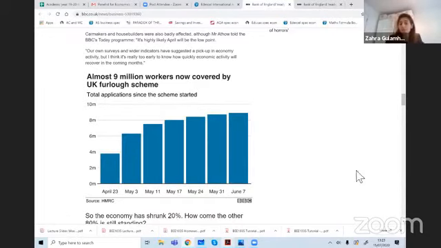For those of you who have been following up on this, you must have heard from your friends and family how the government has started the furlough scheme, where they are providing income to workers whose businesses are now shut temporarily or were shut because of the lockdown, so that they don't lose their jobs. And so when the economy does start up again, it's just going to be a matter of them returning to